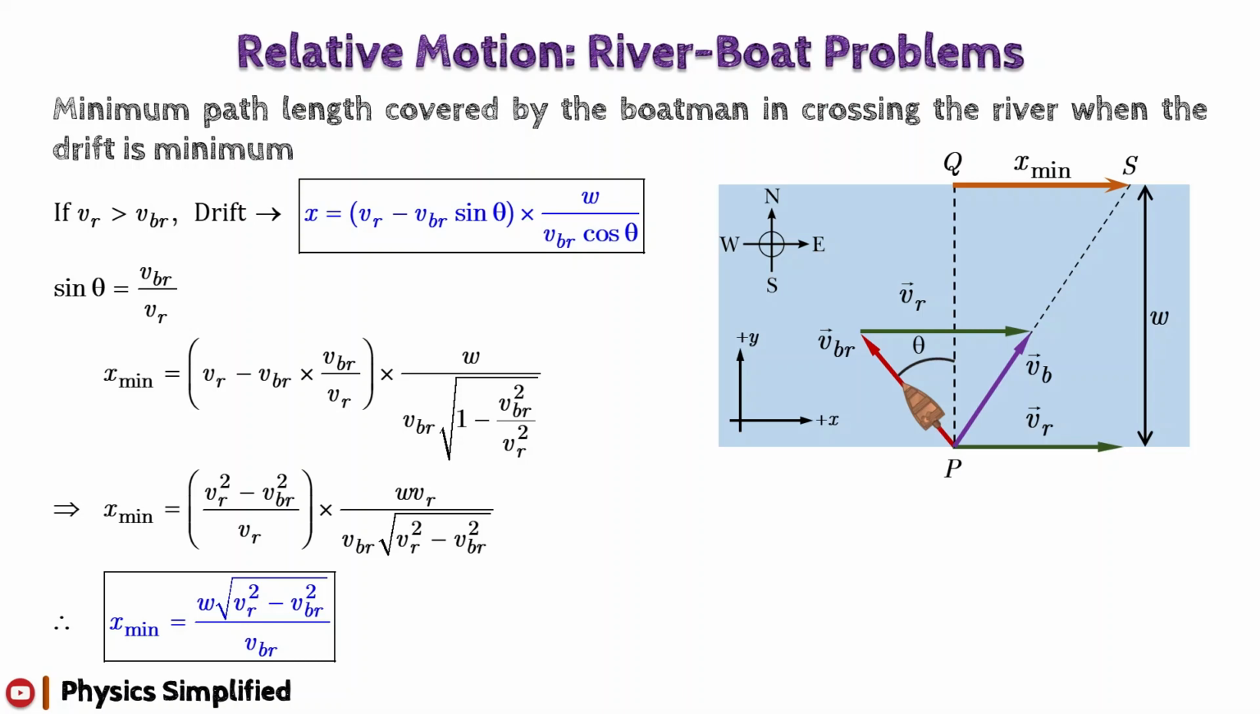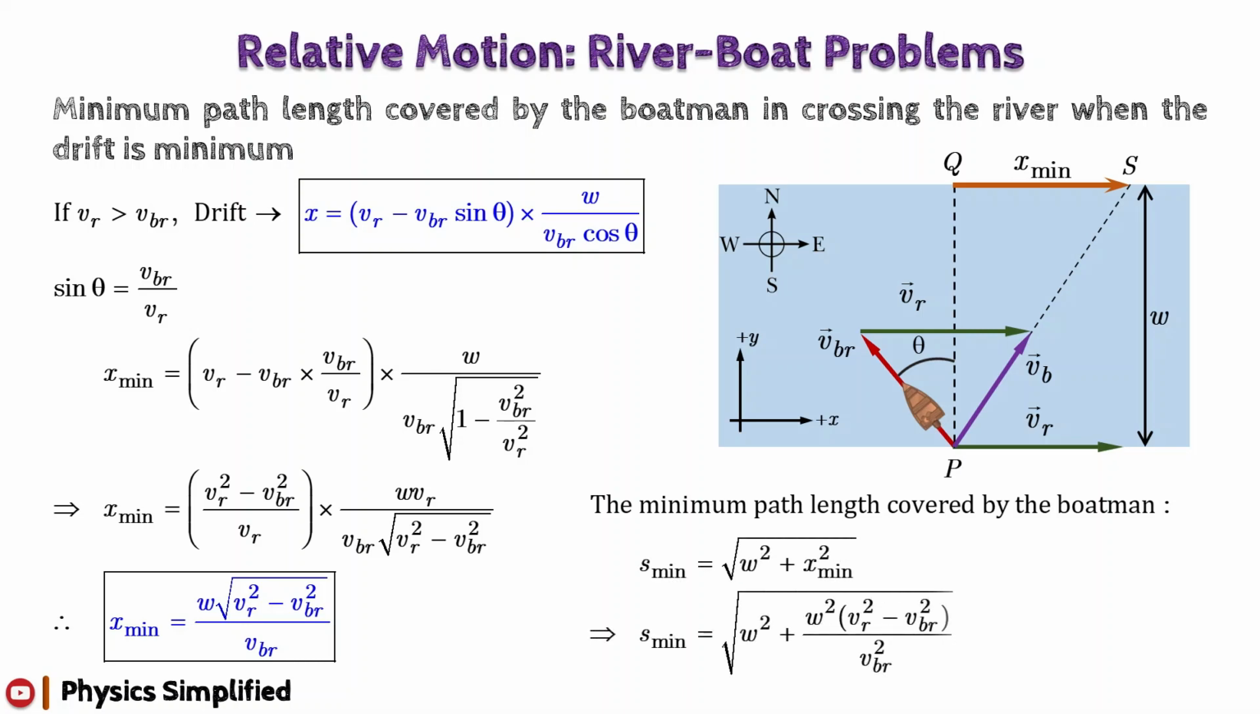According to the figure, QS represents this minimum drift. Now, to calculate the minimum path length covered by the boatman, we need to calculate the distance PS. According to the figure, PS is the hypotenuse of the right-angled triangle PQS. So, applying Pythagoras theorem, we get the minimum covered path length as s_min is equal to under square root w squared plus